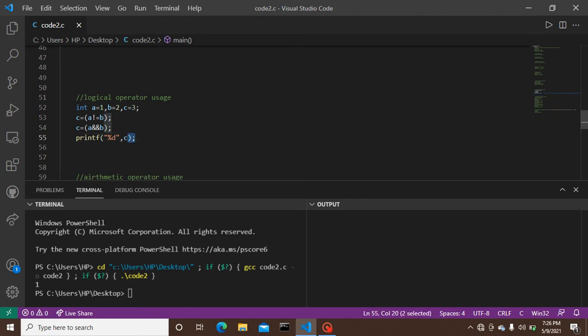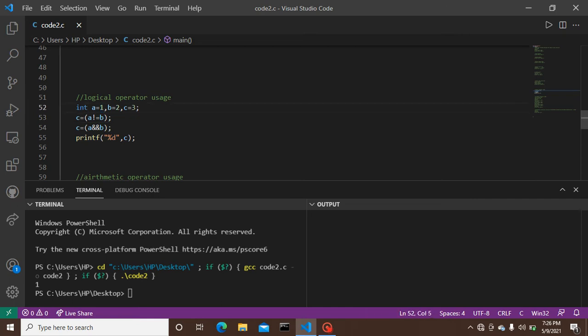Why is it so? It provided the output for the first expression, c equals to a is not equals to b, declared to be of integer type. The output of c has been given to be 1 as this statement is true according to our given variable constants provided here.